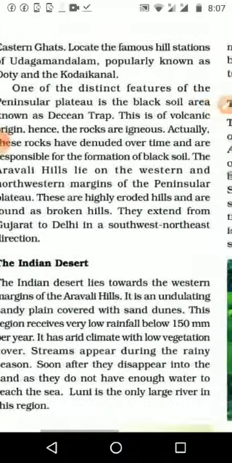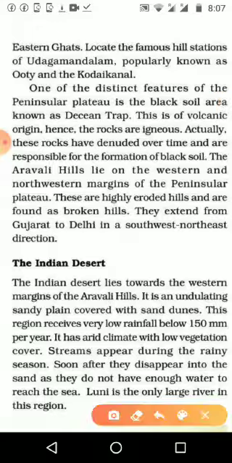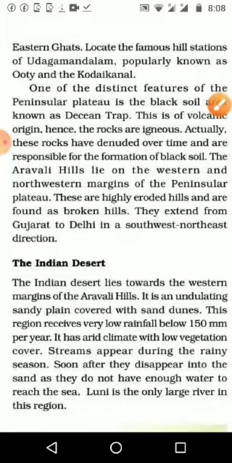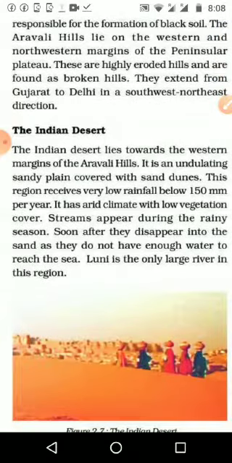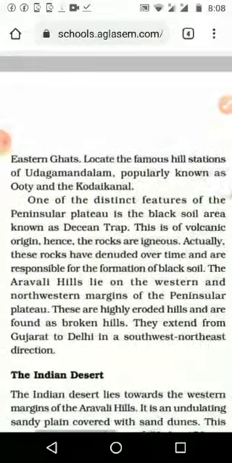The maximum part of it is in Rajasthan, some part reaches Gujarat, and the rest can be seen in Pakistan also. The Indira Canal is there to irrigate this desert area. The Indira Canal project was made in the 1970s, but it was not that successful. Still, somewhat, we are irrigating a little area and making use of it for agriculture. It is a very salty area, and it is very difficult to plant crops also. That is all about the Indian desert.